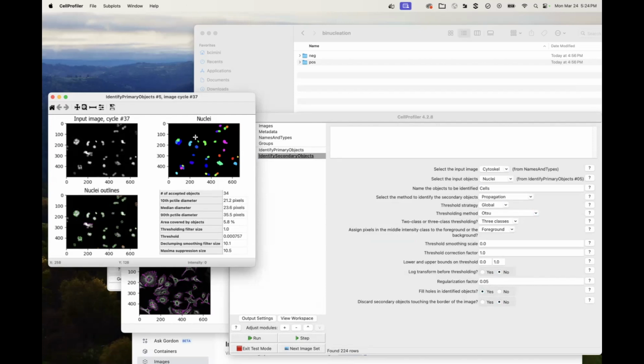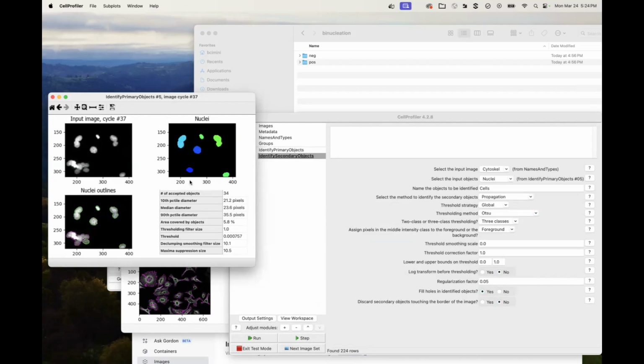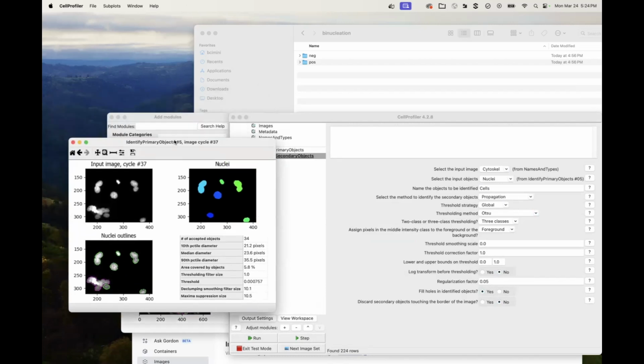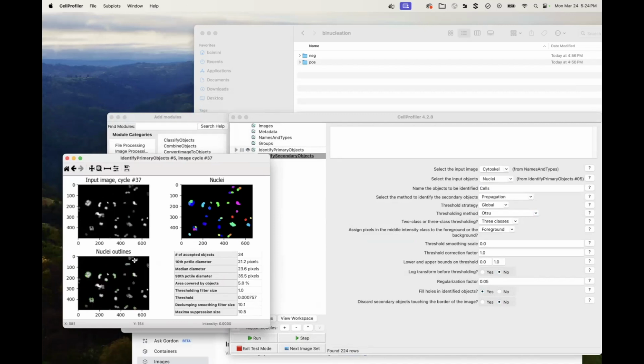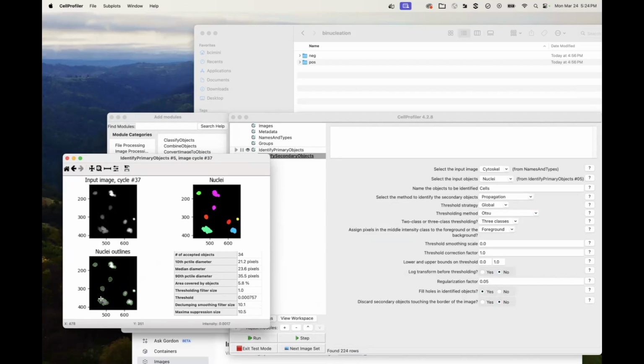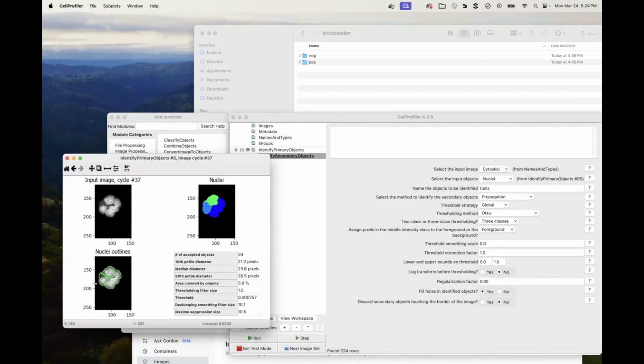So CellProfiler has, in some cases, messed up and put two nuclei into one. In some cases, the nuclei are so big, there are so many of them that this has now turned pink, which means it says this thing is too big. I think it's all one thing, and I think it's too big of a thing. It's bigger than what you told me you want. I'm throwing it away. And in some cases, it's doing kind of the right thing, though those cases are pretty rare, to be honest. So here we have what I would count as five, and we have one, one, and three.